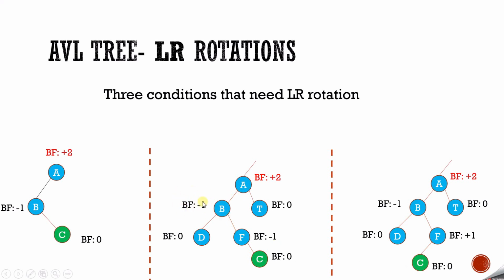The balancing factor of this particular node is going to become -1, and the balancing factor of that node we will consider as not being in balanced form. That is the target node, whose balancing factor is +2, and we say it requires an LR rotation because its left child's balancing factor is -1. So as and when, during insertion in the left subtree of a node, its immediate left node has balancing factor -1, then we are going to do LR rotation.